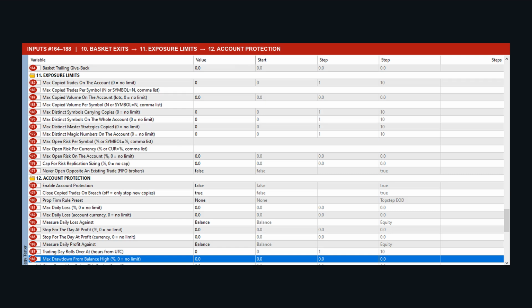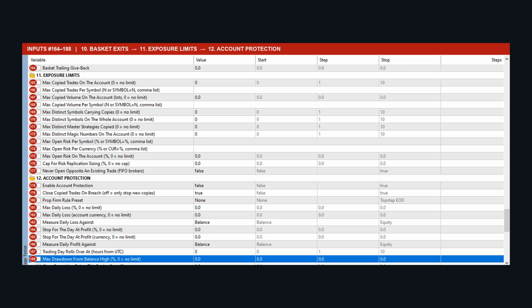Where partial closing manages one trade at a time, the basket exits group manages everything currently copied, added together, as if it were one single position. Independent take profit, stop loss, break-even and trailing controls exist here too. This is what you would reach for if the master trades a strategy that opens several related positions at once, a grid, or several symbols moving together, and you want a way to say close everything the instant the combined